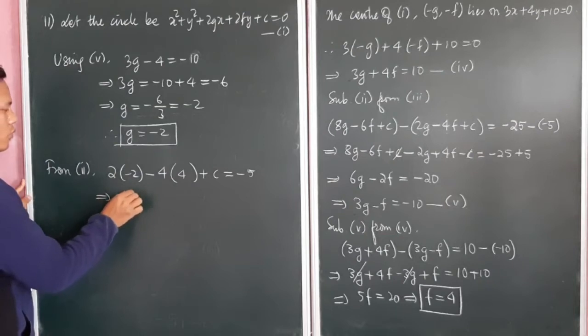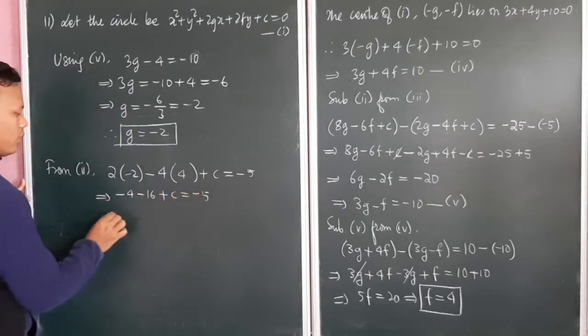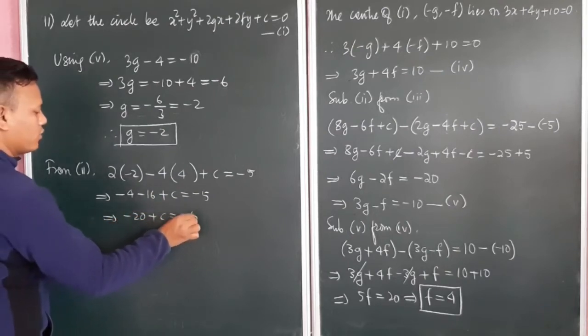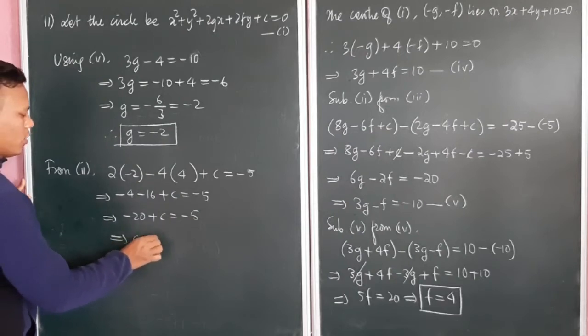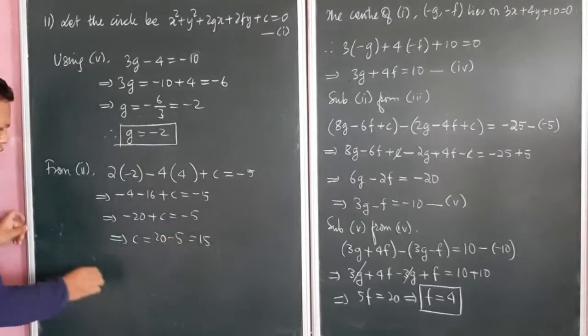So this is minus 4 minus 16 plus c equals to minus 5. So this is minus 20 plus c equals to minus 5. So from here c turns out to be 20 minus 5, that is 15. Okay, so therefore